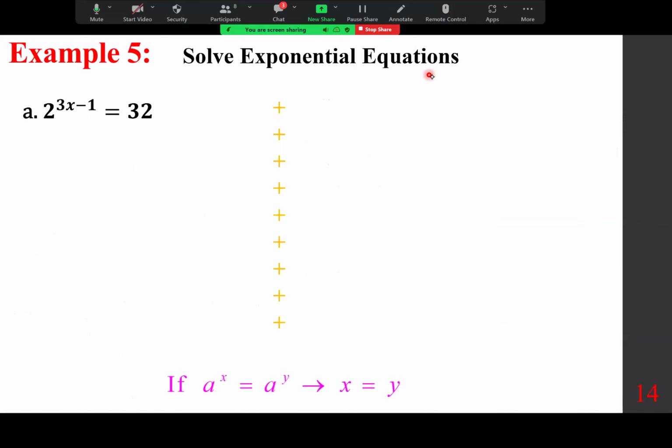Solve exponential equations. If a to the power of x equals a to the power of y, they have the same base, they must have the same exponent. x must be equal to 1. So this is one